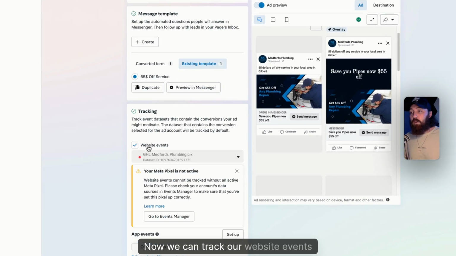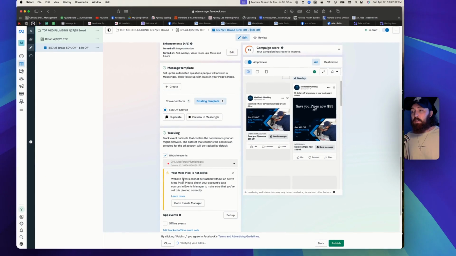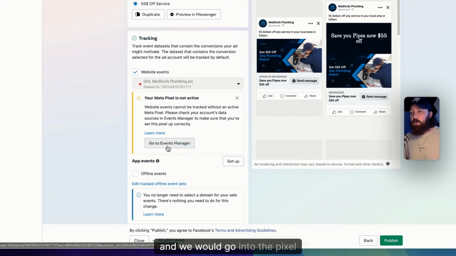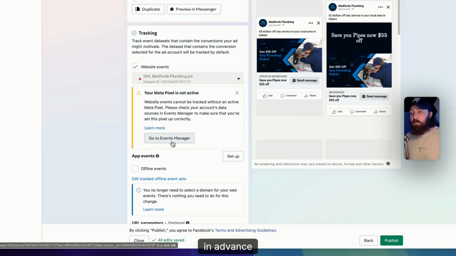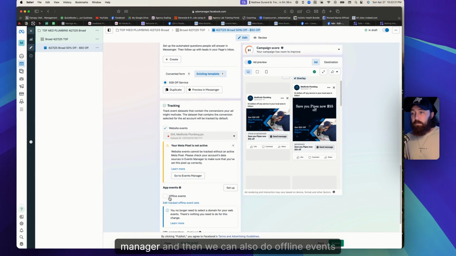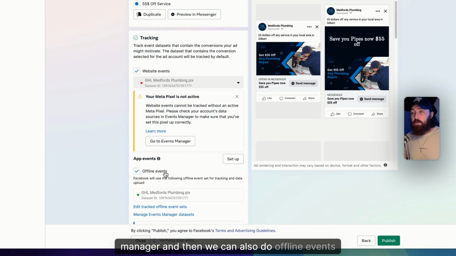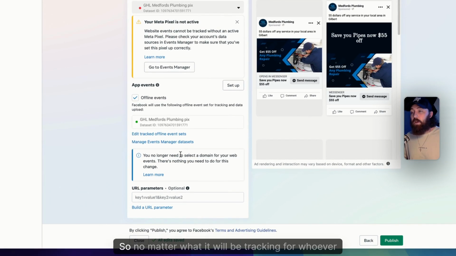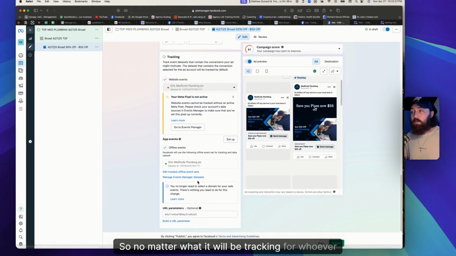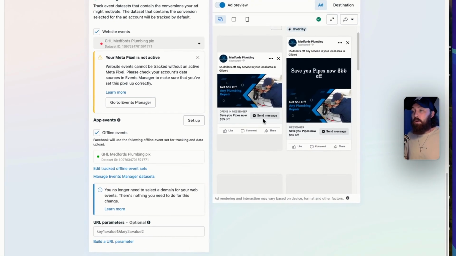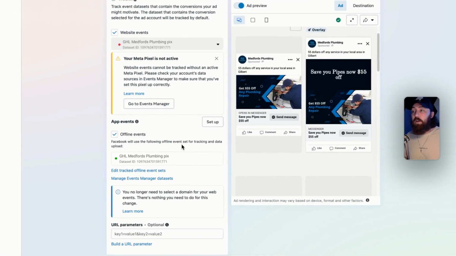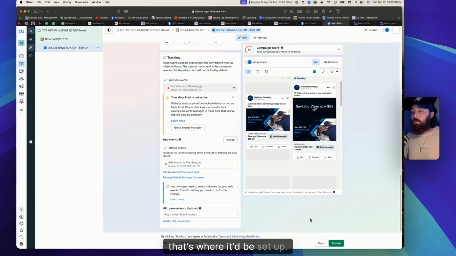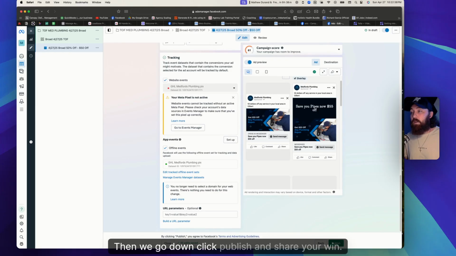Now we can track our website events, and we would go into the Pixel in Advanced Manager, and then we can also do offline events here. So no matter what, it will be tracking for whoever clicked here, sent you a message, or added you to follow. That's where it'd be set up. Then we go down, click publish,